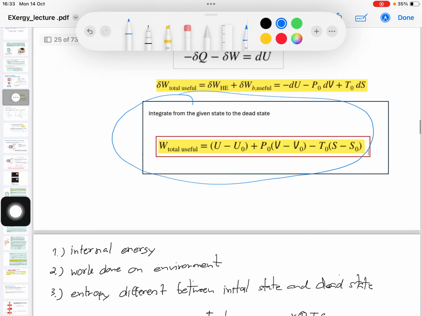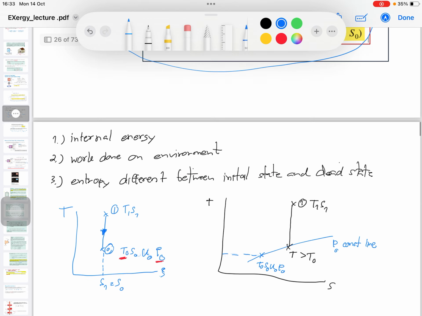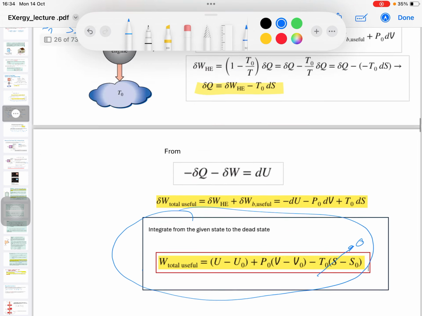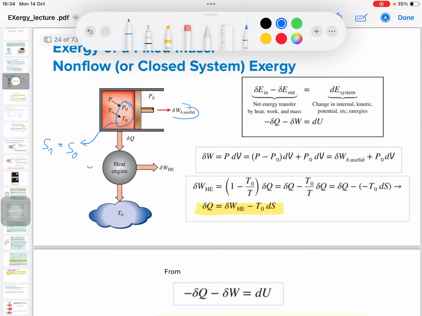In that case, in this case, the last term will be 0. And for another case, another example, if I have S1 greater than S0,